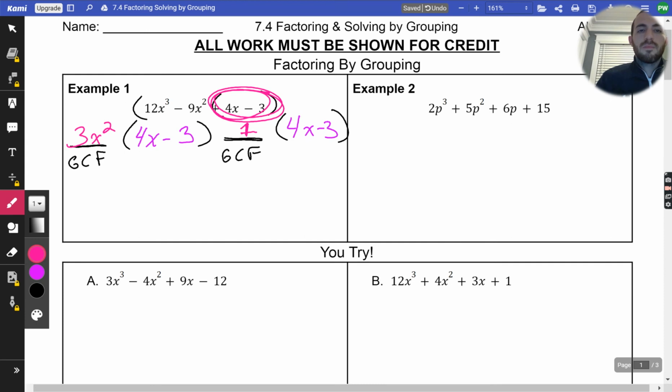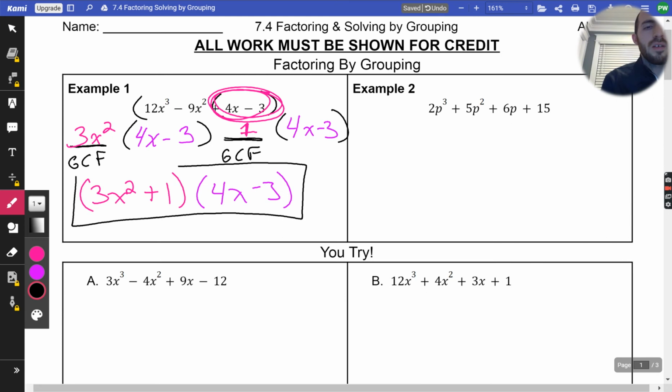Now the final step to writing this thing out in factored form is I'm going to take the pink numbers, the 2 GCFs, and put them together. It's a positive 1, so I'm going to put plus 1. And then I'm going to take the purple numbers, because they're the same, and put them together. And that right there is our factored form